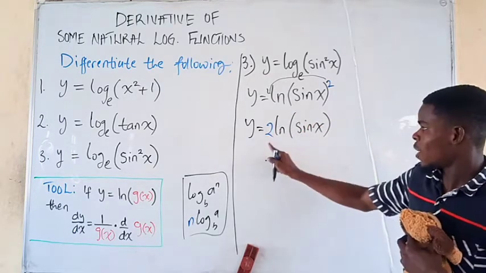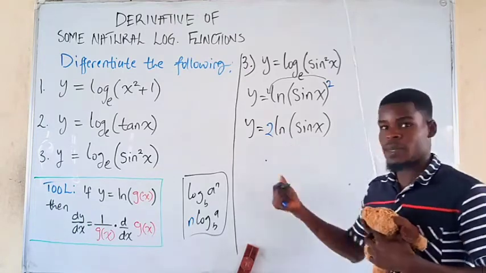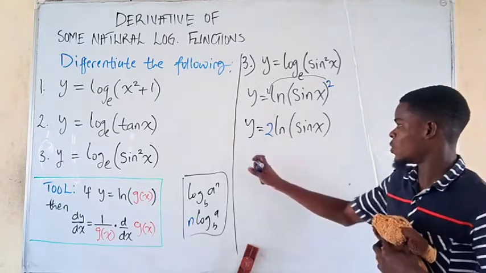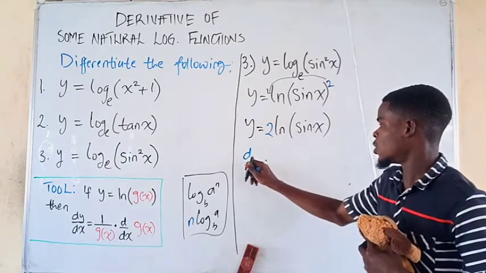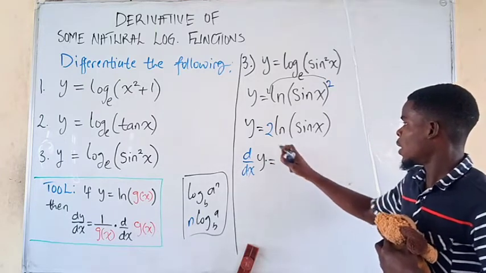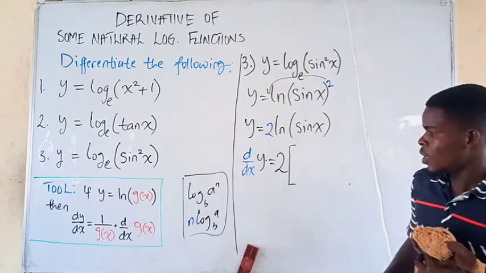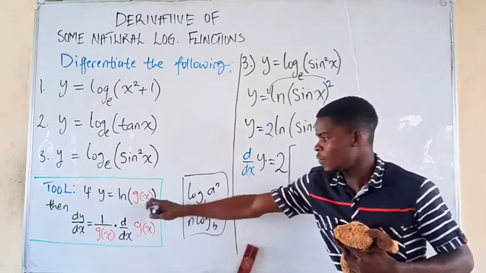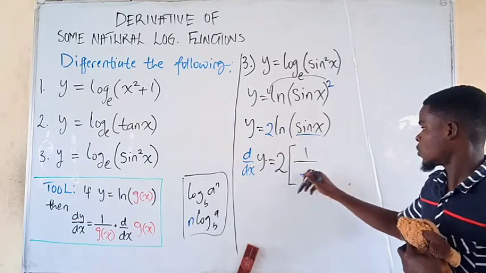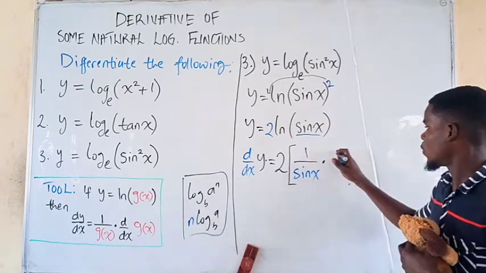Great. And then we just have to multiply with the function part, all right? To differentiate this function, we can just keep the constant and then multiply with the derivative of that function part. It's not quite that stressful, right? So we're just going to have to differentiate that. So I'm going to put down the derivative with respect to x of y to be, well, the 2 will just be here. Let's not bother about it for now. So you put down 1 over the inside function, so the inside function is just the sine x. So I'm going to put 1 over that. And then you multiply it with the derivative of